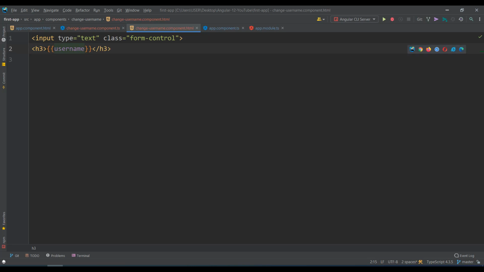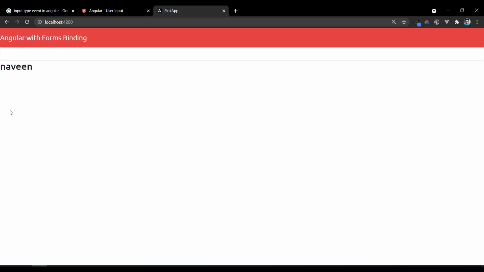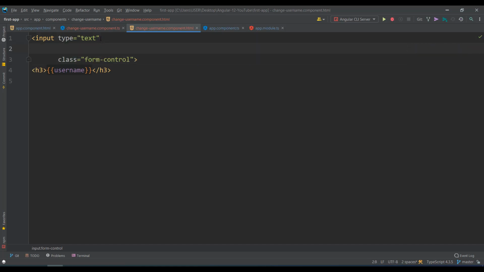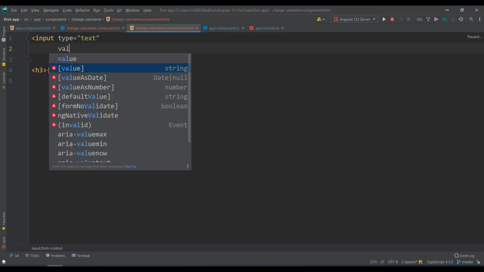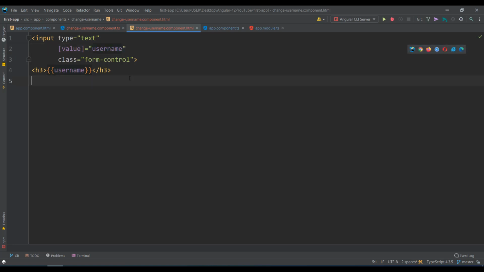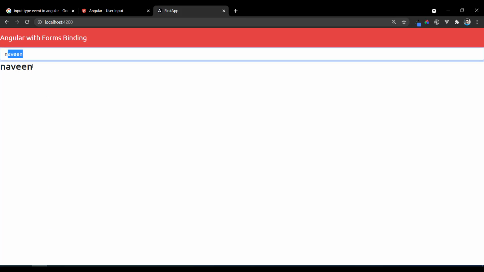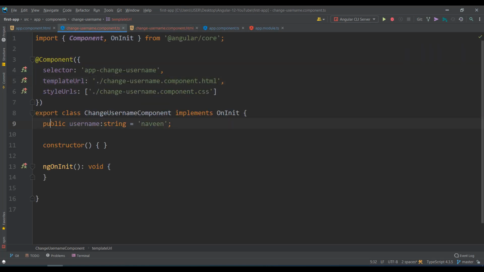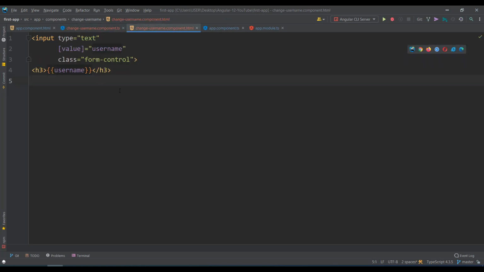Okay, so if I bind username in h3, you get the display here, but I want to bind inside the text box also, because I want to have this connection to the input also. So you will write here value. Value is an attribute, so for an attribute you have to go with what? Attribute binding, as a property binding, username. That's the first step. Value, username, and here username. So what happened? Naveen has been displayed in both places, here and here. Okay, that is one way. You have data in the TS file, and that being bound to the HTML is one way. TS to HTML is one way.